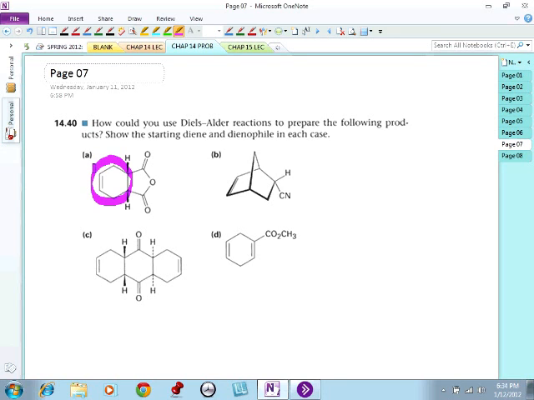Right? You see that? I have that 6-member ring. Then I have a double bond here. So I will say this is where the dienophile must be coming from. Okay? So if that is the case, then all you need to do, just like you said, Mike, is simply split this here and split this here. Since the double bond is here, the original double bond must be here and here. So the starting material for compound A will be,